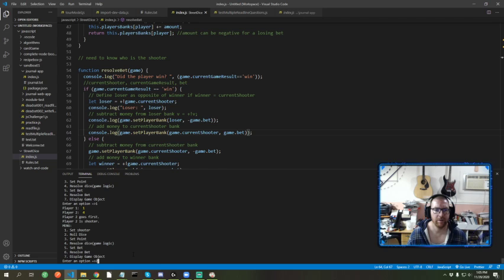Set shooter, roll dice. Okay. Resolve dice. Set bet. And resolve bet. Loser is 10, so